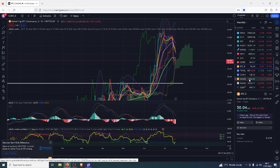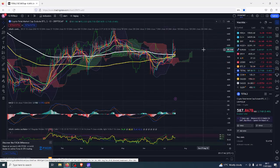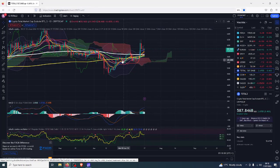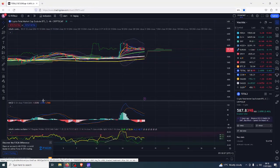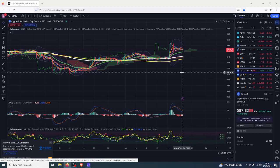In fact, just before we do go, as you've made it towards this portion of the video, we'll have a look at the total market cap too. So everything excluding Bitcoin. We didn't get the pump signal, but we are above all major moving averages on the daily. That's a good sign. No golden cross on the exponentials, but we do have one on the simples. Do we? No, we don't. Not quite yet. So not massively bullish as far as trend is concerned on the daily,